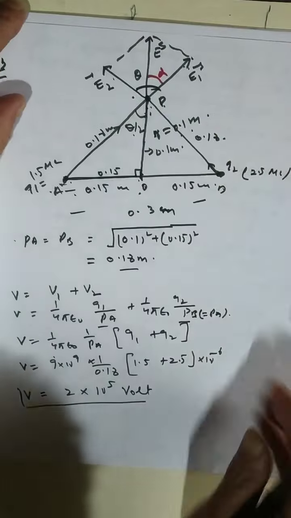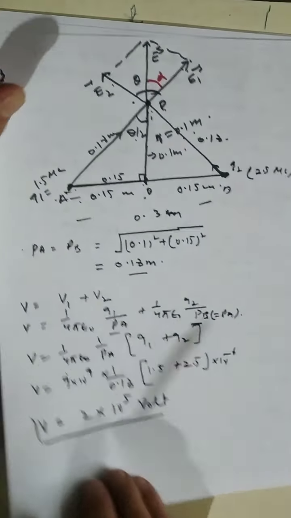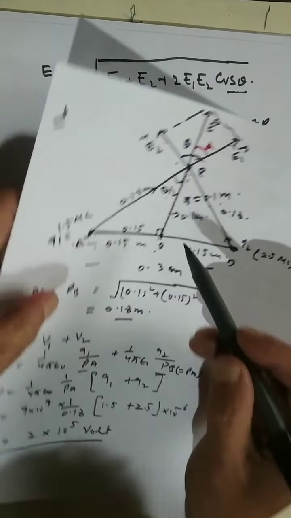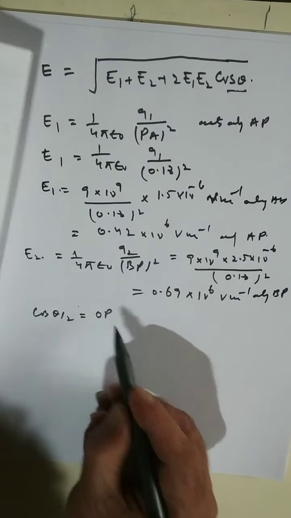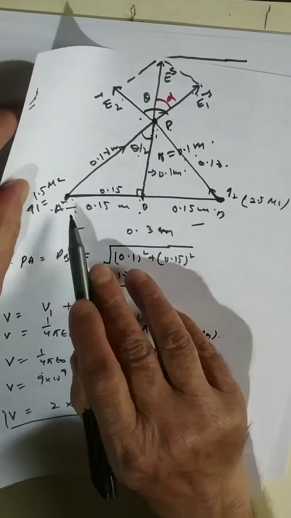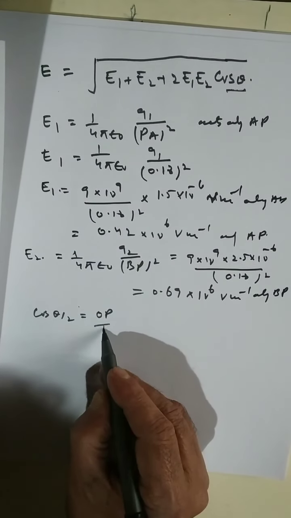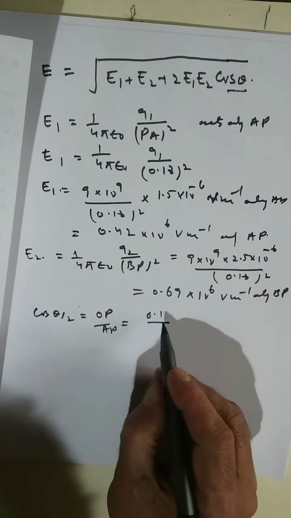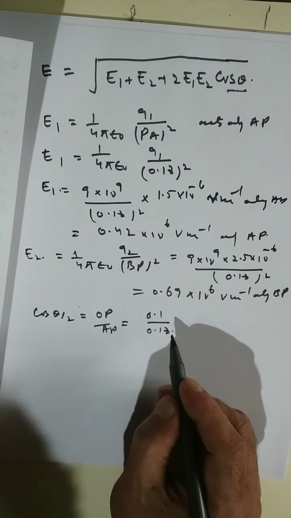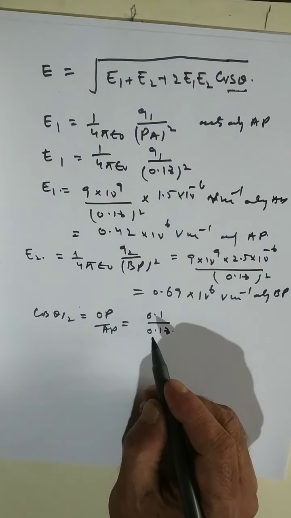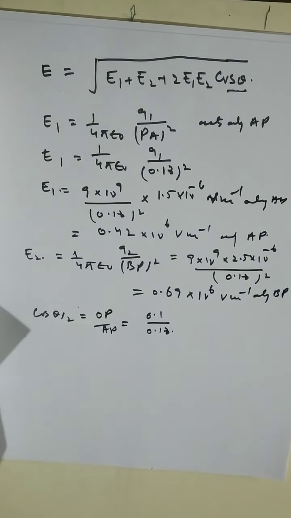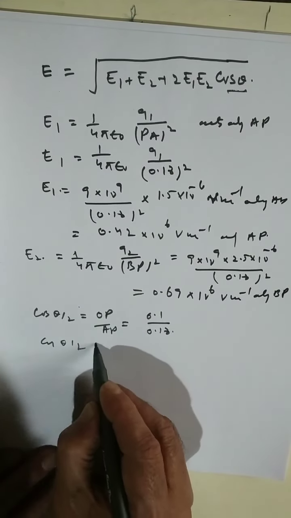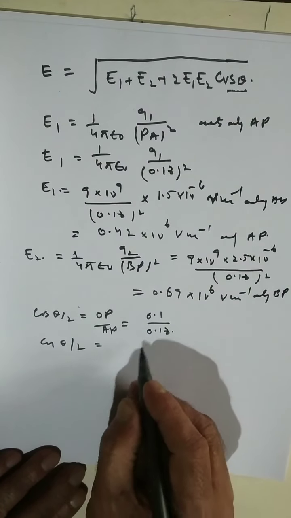Base divided by hypotenuse will be cos theta by 2. Okay, so cos of theta by 2 is equal to base, that is OP, divided by hypotenuse that is AP. ठीक है, AP. Now OP हमारा है 0.1 और AP हमारा 0.18. When we divide this, cos theta by 2 comes out to be